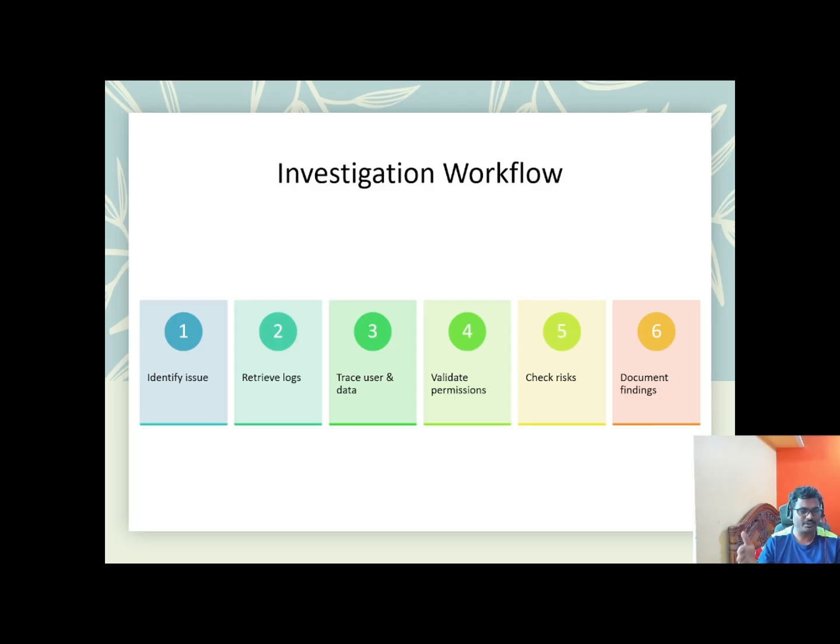So don't jump into the copilot in general first. Jump into the issue first. Retrieve all the logs, and one of the logs will definitely be Copilot, right? If that is something you feel you need, that data as well to understand it. Trace it, understand the data, validate the permissions, like as I said, loose permissions, and check all the risk associated with this. Okay, a file is being shared to a third party by this particular prompt, or because of these copilot